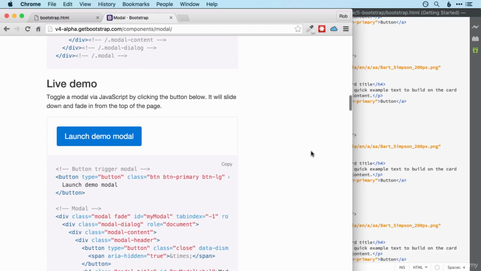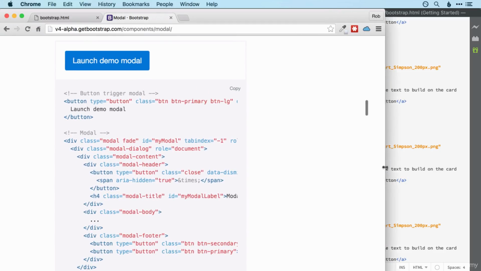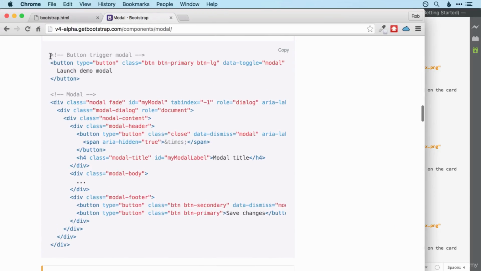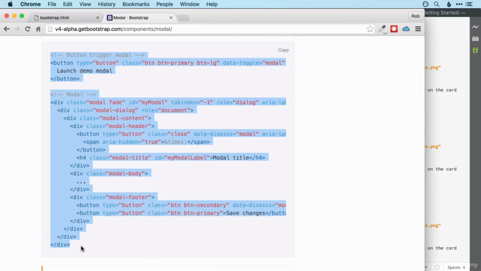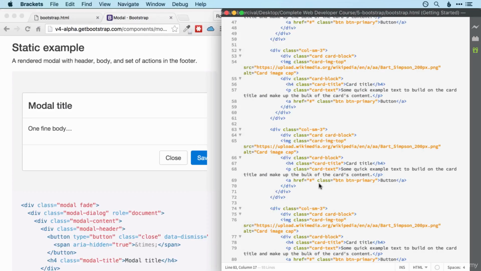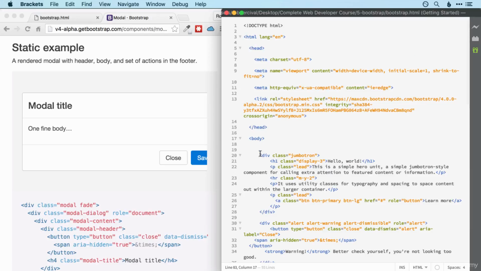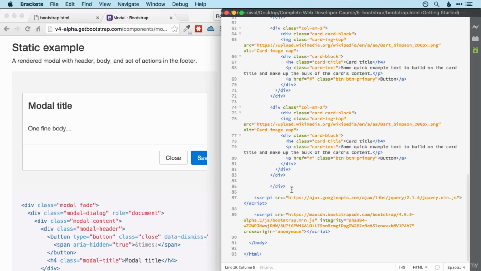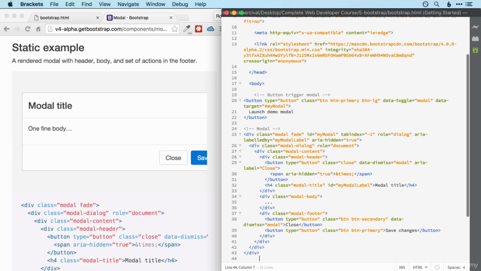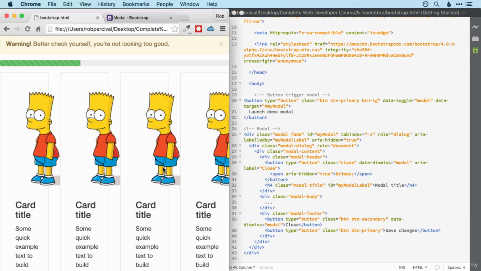So I've gone for the live demo option, which I want to run on my site. I don't want to spoil the surprise by trying it on the Bootstrap site. Let's see how it looks. So I've copied the whole code. I'm going to get rid of everything here and then paste that code in. So let's take a look and see what it does, and then we'll run through the